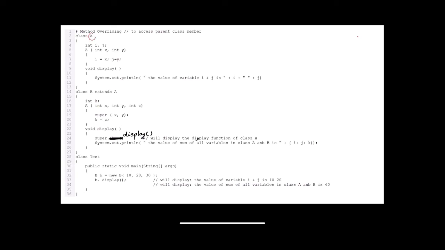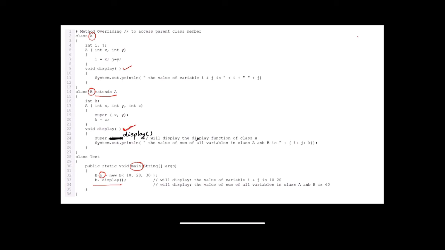Over here you can see I'm having an A class and a B class that is inheriting my A class. My A class has a display function, and my B class also has a display function. In my main method, I have created an object of B class, and using this object, I'm calling a display function. By default, the display function of my B class will be printed.